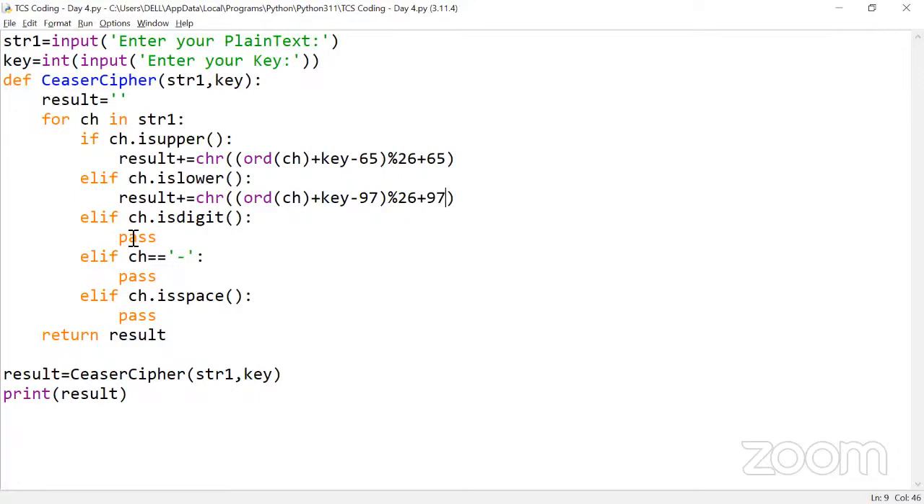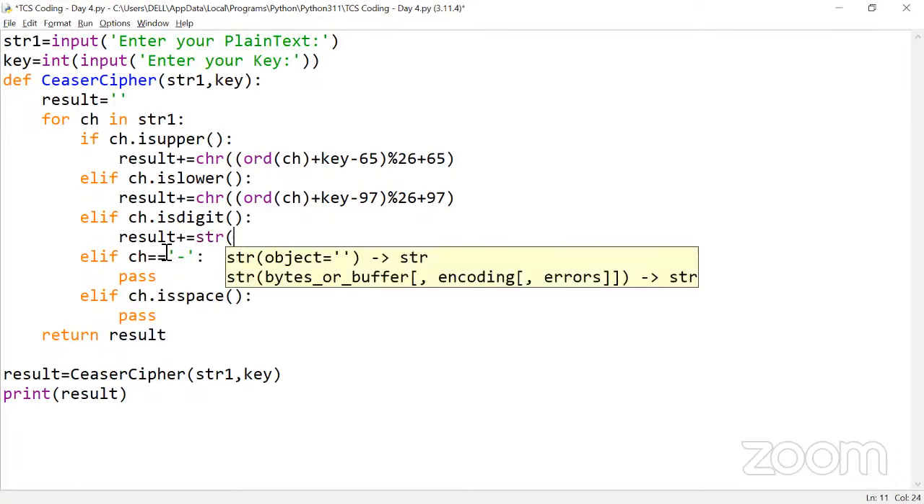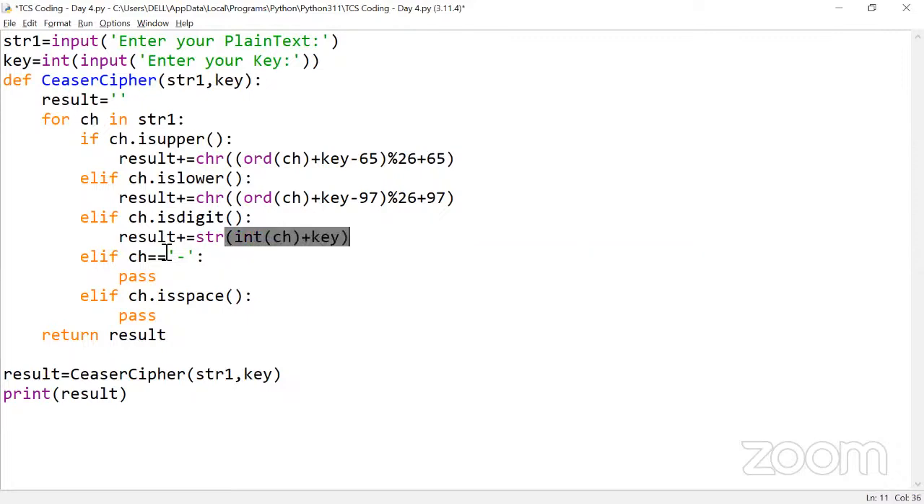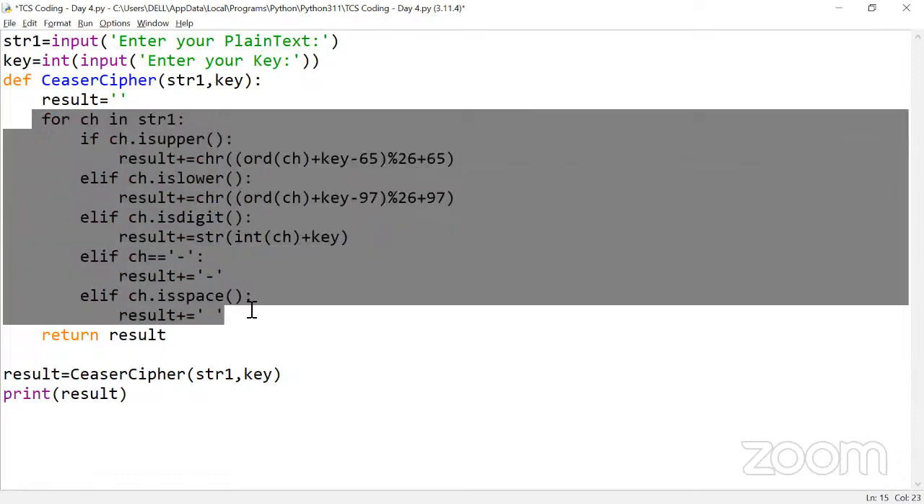And if it is a digit, then we can add it directly by converting. We don't want to convert into uppercase and lowercase. So I can say directly the string of the integer of this current ORD plus this key. So it will automatically get converted. If it is a hyphen, then we have to write hyphen again. So I'm going to say result plus equals hyphen. And if it is a space, I'm going to write a similar space. All right, so this is the space. Okay, now this entire for loop will help us write the proper implementation for this respective